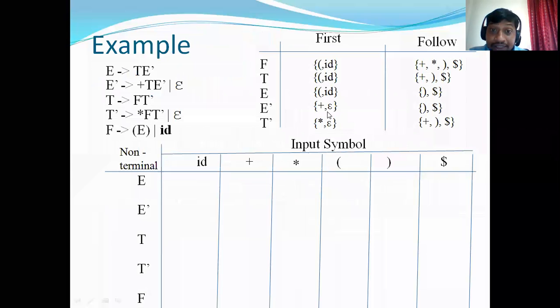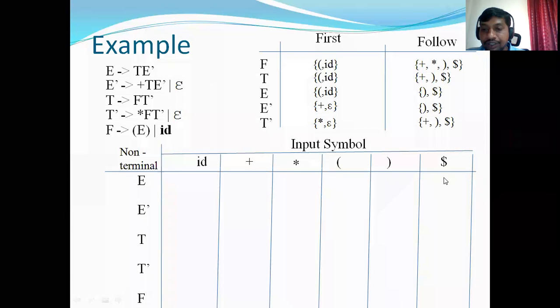If that is the case, then we look into the follow sets. For each symbol in the follow set of E dash, we'll add a null production: E dash derives epsilon corresponding to close parenthesis, and E dash derives epsilon corresponding to the dollar symbol.